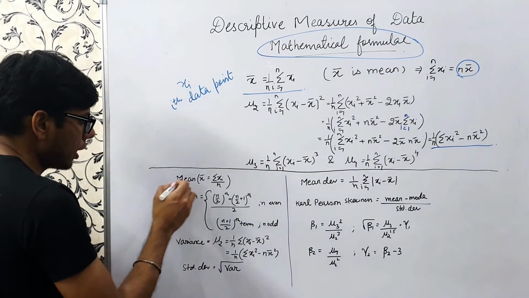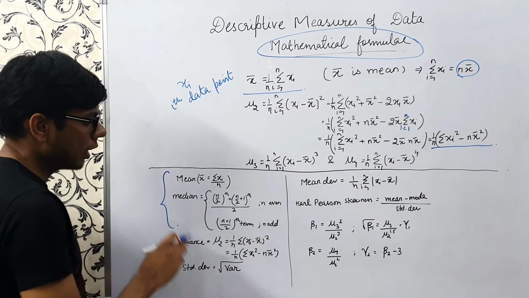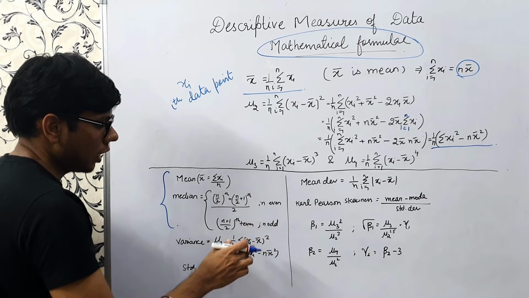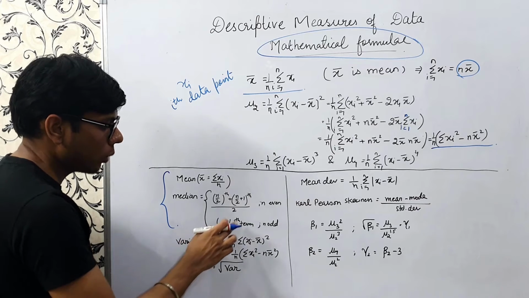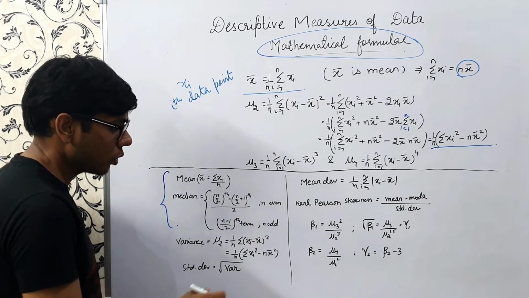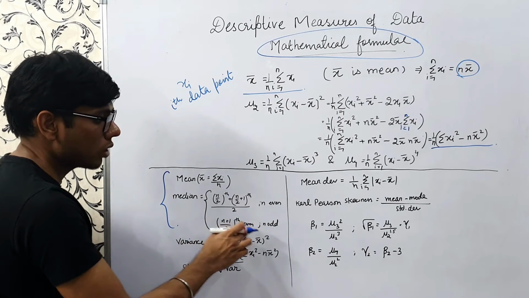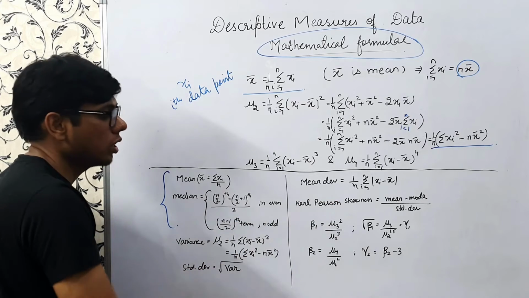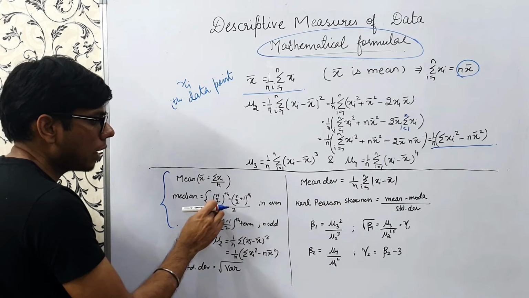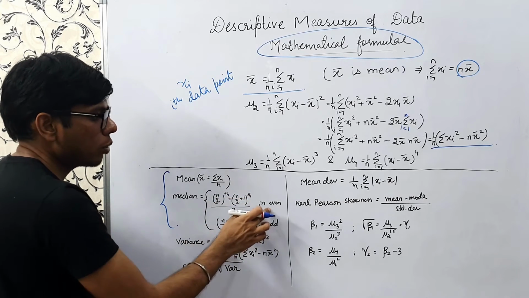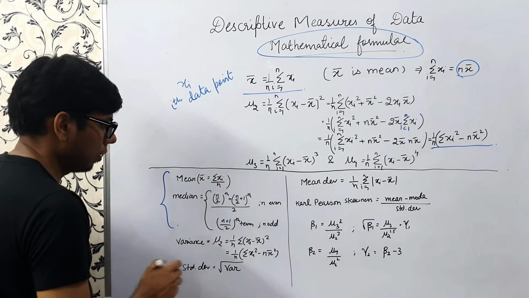So now coming to central tendency formulas. So this is mean. Mean is summation xi by n. Median. So median is defined in two ways. When the number of observations is odd, it's simply the (n plus 1) by 2th term. For example, if n is 11, then it would be 11 plus 1, 12 by 2, the 6th term would be the median when we have arranged in ascending order. And when n is even, we'll take the mean of the n by 2th and (n by 2 plus 1)th term. So suppose n is 10, we'll take the mean of the 5th and 6th observation, that would be the median.